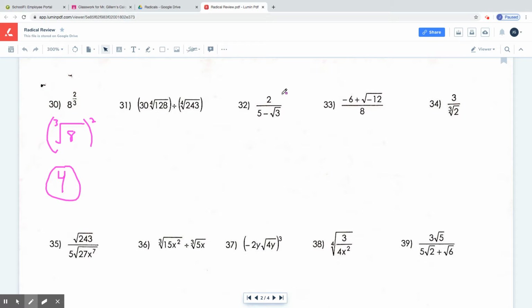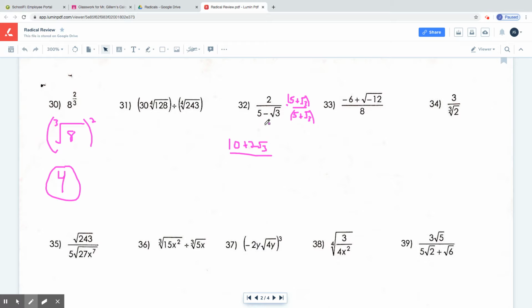All right, 32. All right, we have a radical on the bottom. We can't have that. We have something plus or minus it, so we multiply by the conjugate. So multiply by 5 plus root 3 on the top and the bottom. All right. So remember, this is in parentheses. So distribute the 2. 2 times 5, I get 10 plus 2 root 3